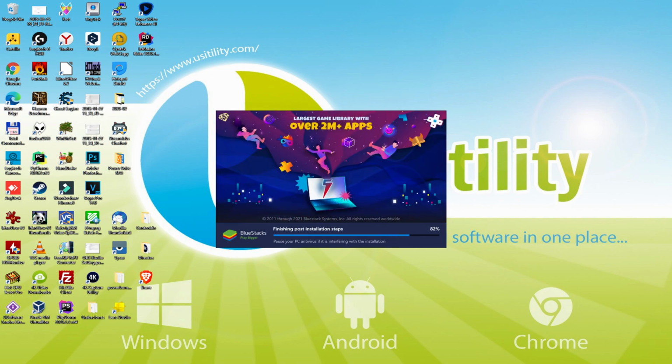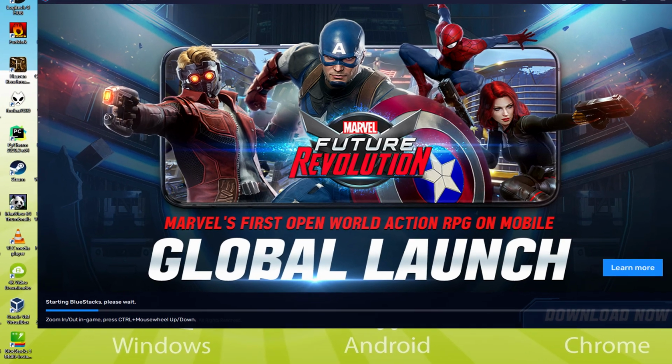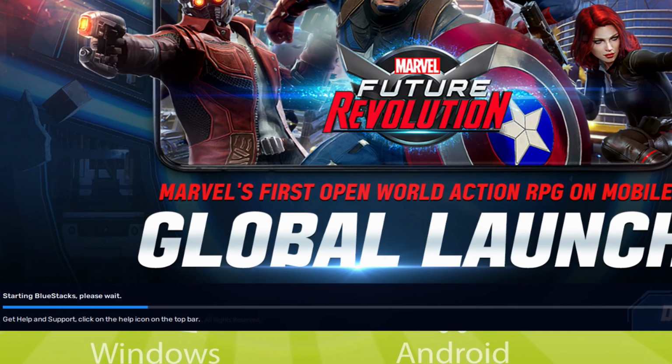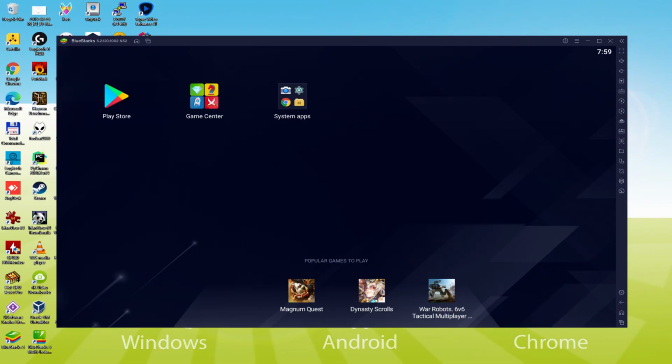The installation has already finished for me. At this time, the emulator has been launched instantly. As you can see now, at the bottom of the screen, there is a progress bar that will fill up. Then when it has reached the end, the emulator is going to be started for the very first time. Believe it or not, the emulator has been launched. Here it is for the first time.